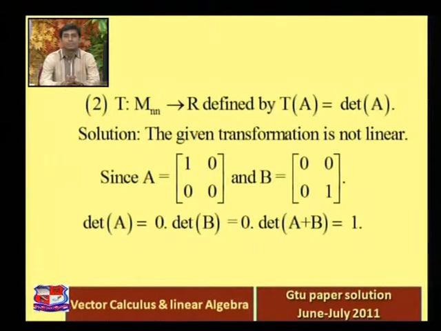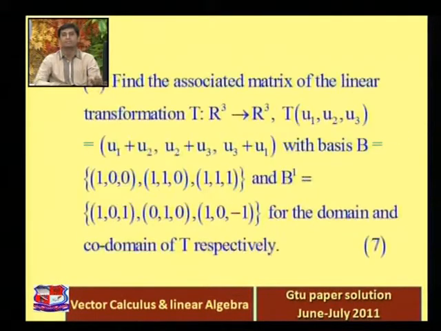But if you want to prove that a given transformation is linear, you cannot take a particular example. You have to prove it for any set of n cross n matrices. But it's quite easy to understand. So this question is complete now. This question was asked for 7 marks, I told you already. So next, question number 4b.